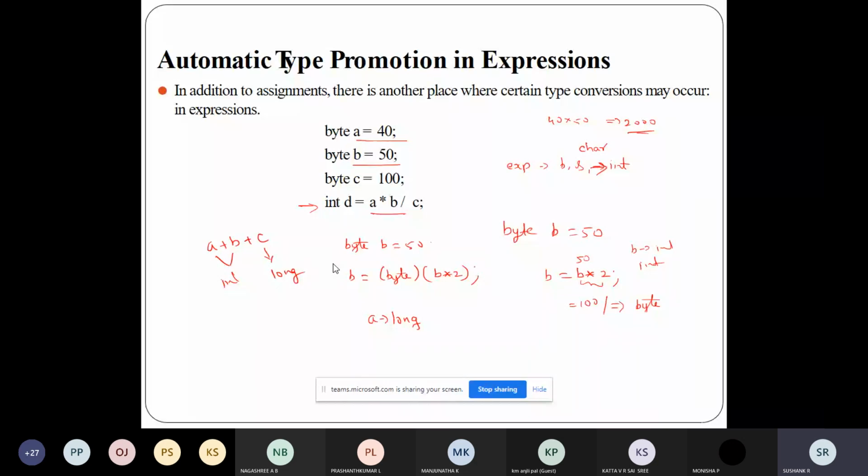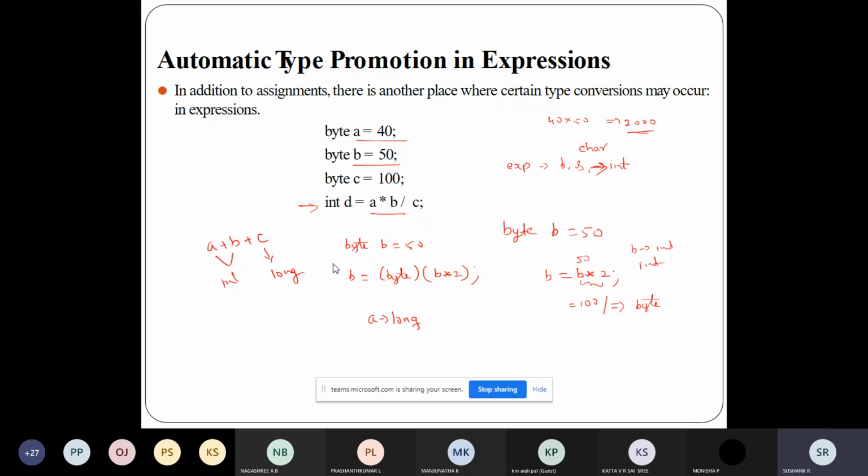And the same thing holds good. If any one operand is float, the entire expression will be promoted to float. If any one operand is double, the entire expression will be promoted to double. So this is how the type conversion works.